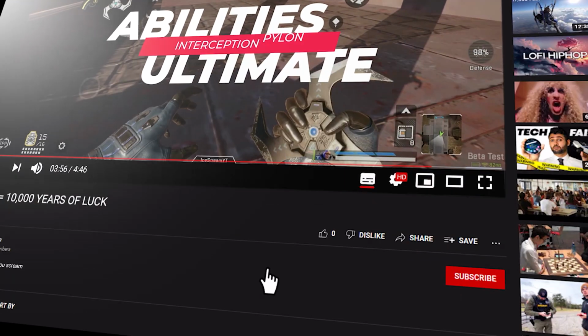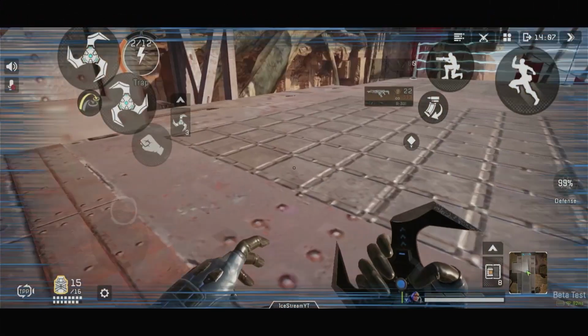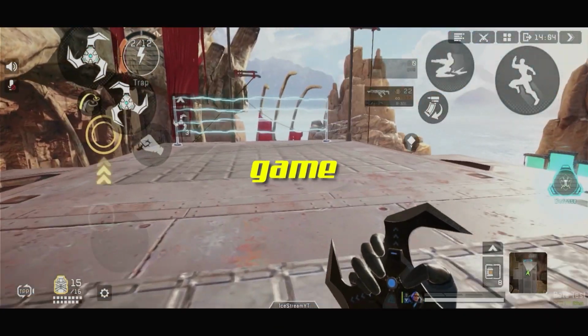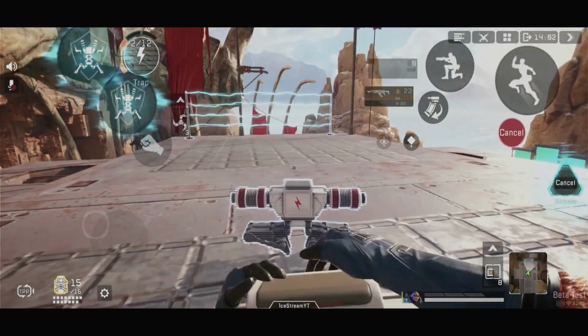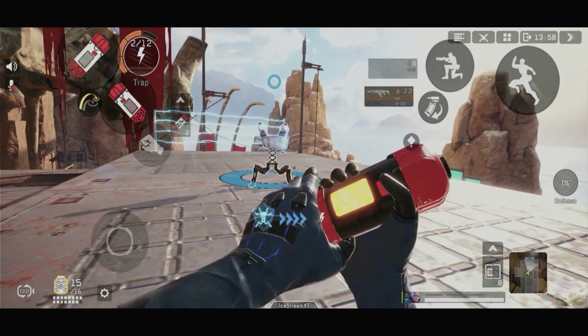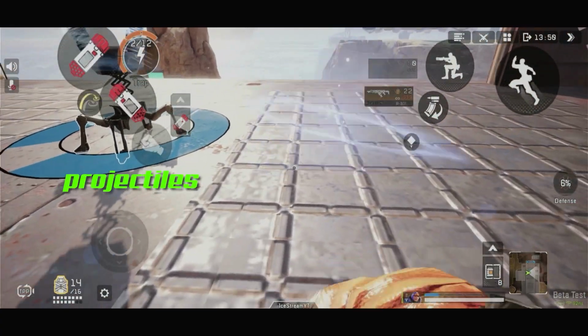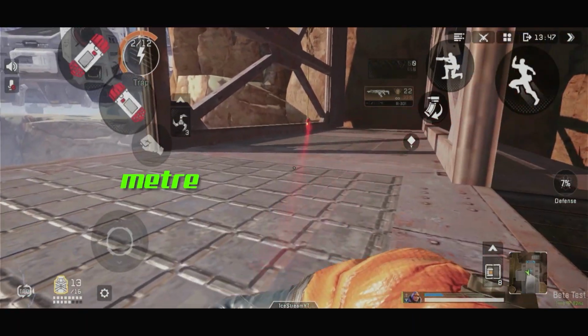Interception Pylon. This right here is an absolute beast. It's one of the simplest things in the game as far as mechanics go. Let's break it down, shall we? Wattson can deploy a pylon that will destroy any type of projectiles that come close to it, as well as repair shield over time. The pylon will destroy any projectiles that come close to it within an 8-meter radius around it,